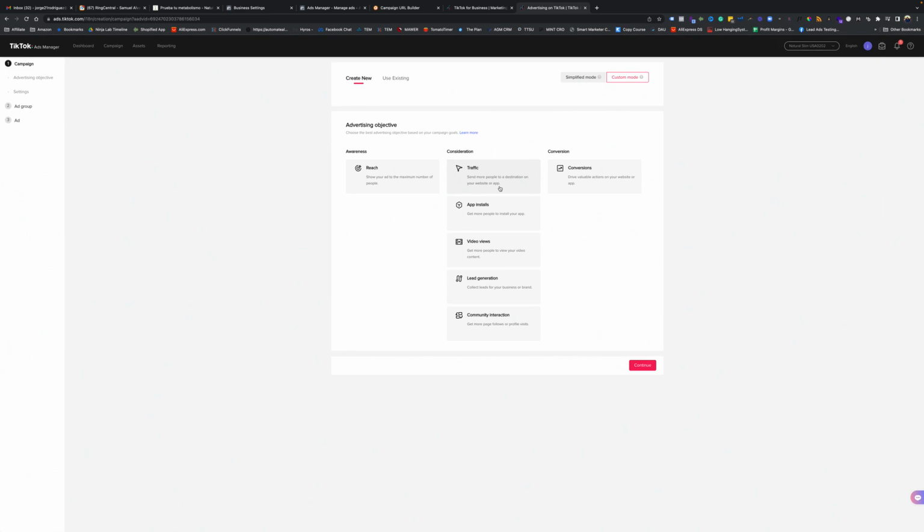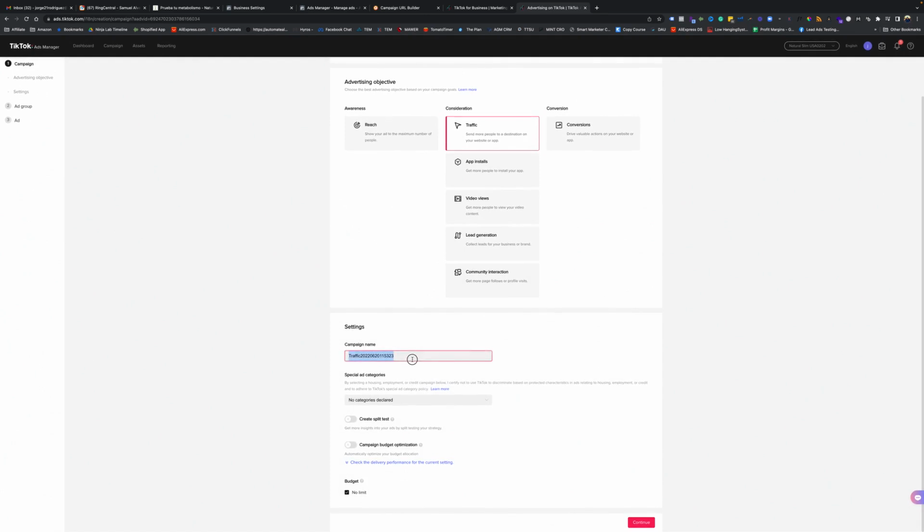After that, there are conversion steps along the way on your funnel, but you really can't jump to that until TikTok knows who's more likely to click and be a traffic person, who's more likely to click and be a conversion person. So the first thing you want to do is just start step by step along the funnel journey there. So we're going to click traffic for this one,